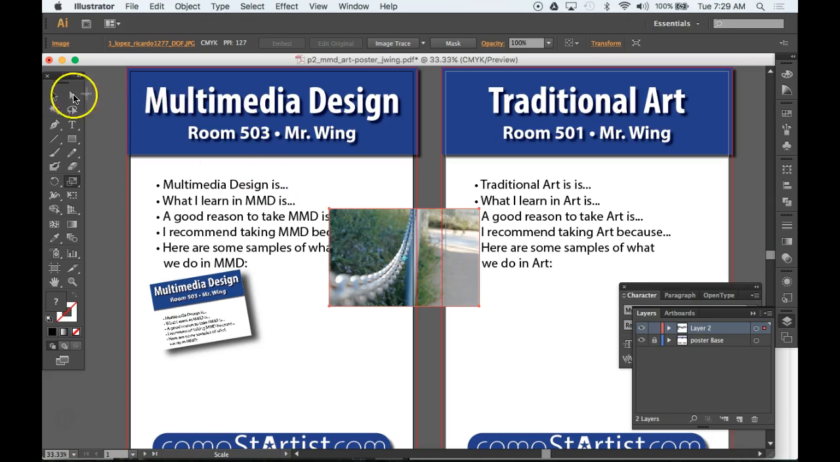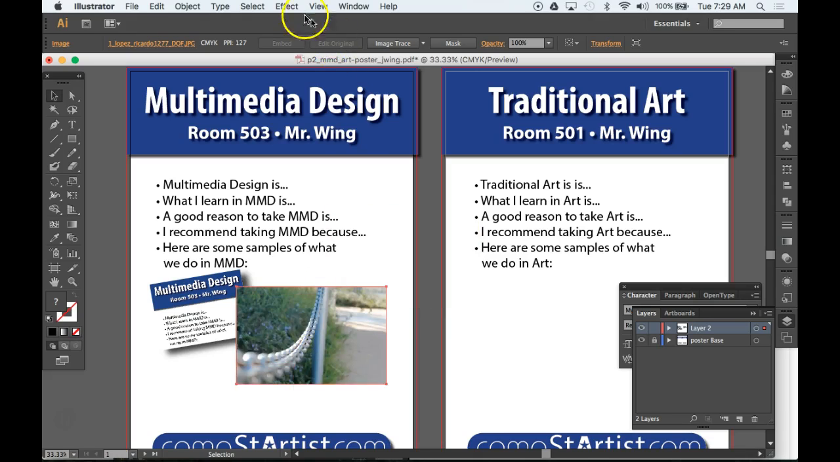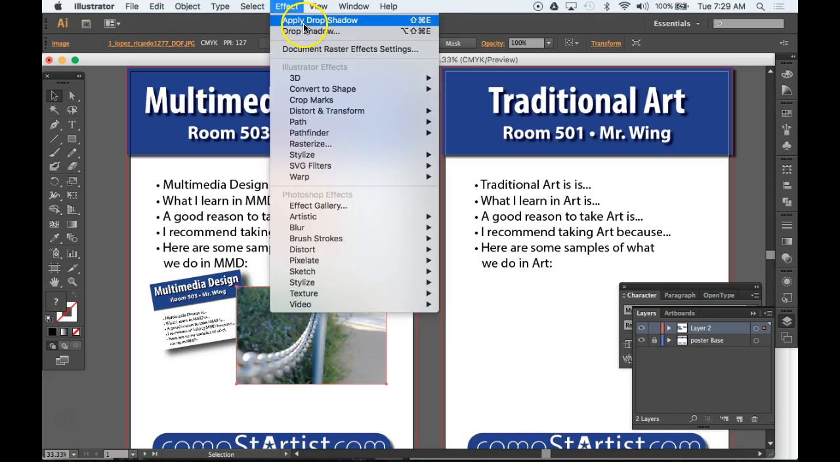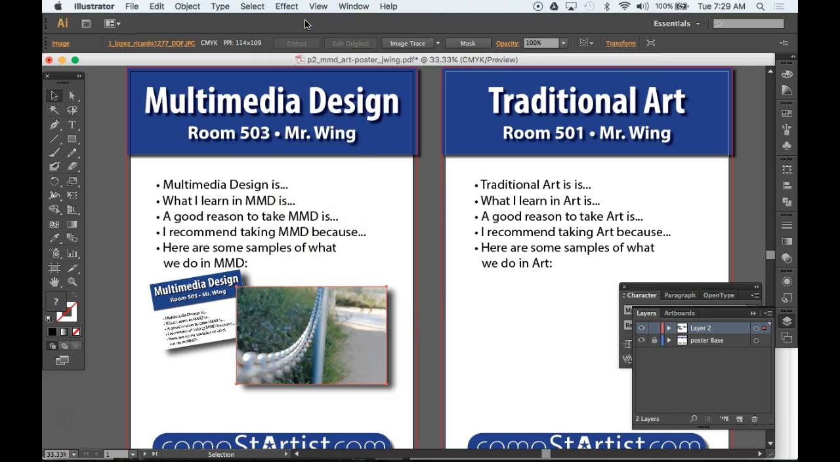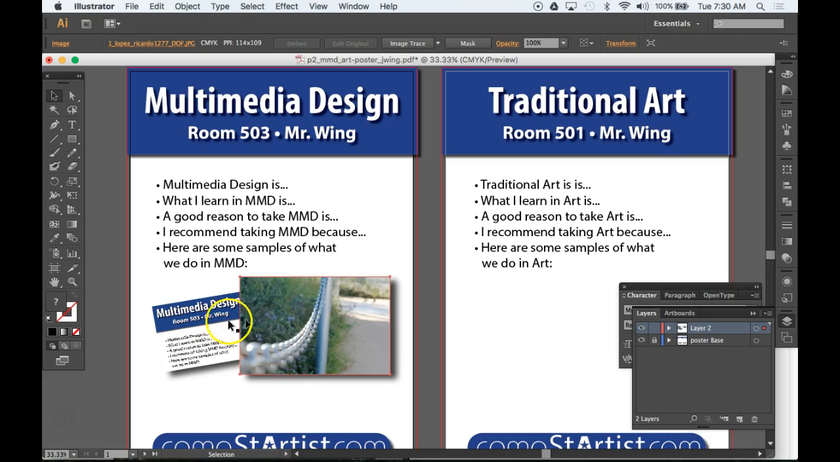One of the nice things about Adobe Illustrator is that it remembers the things that you did. So if you go back up to Effect, you can just say Apply Drop Shadow, and it'll apply the same drop shadow that it applied to this picture here. So put a couple of samples of your work in here,